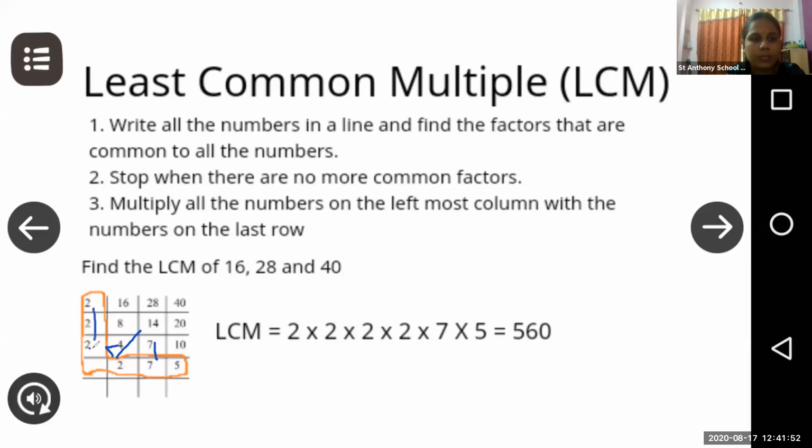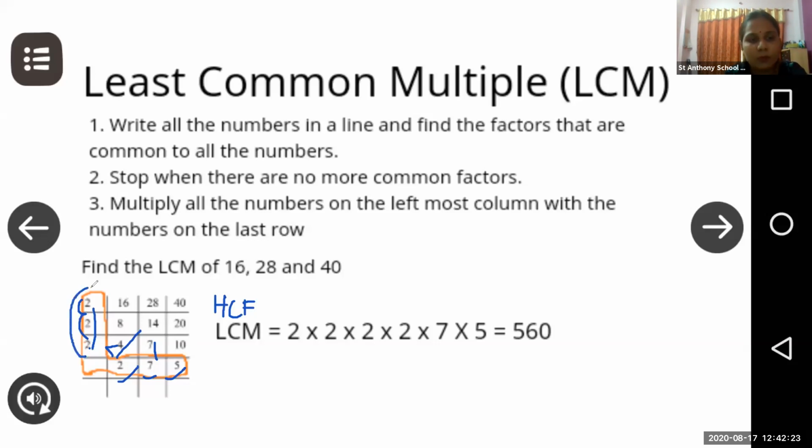2 into 2 into 2. If we have to find out the HCF, then the HCF is equal to, we only take the numbers on the left hand side, correct? If we have to find the HCF, then what will we do? This HCF is 2 into 2 into 2. Okay. Now here 2 is a prime number, 7 is a prime number, and 5 is a prime number, right? So if we have to find the HCF, then we will take only the left hand side.